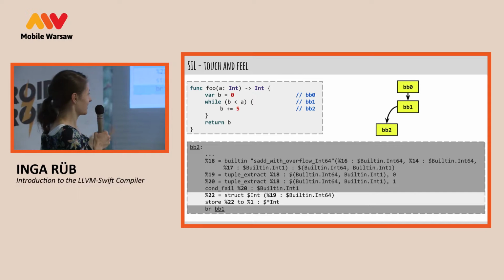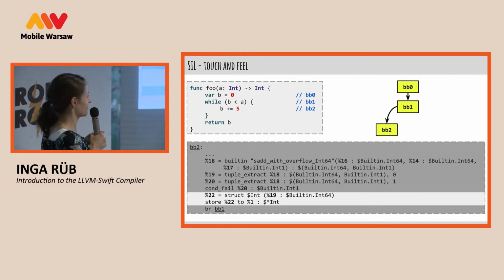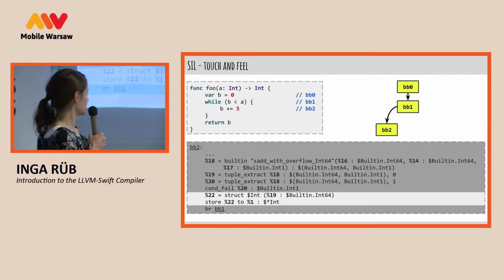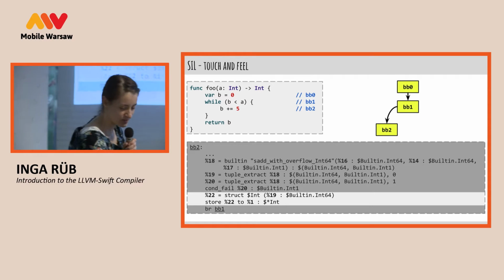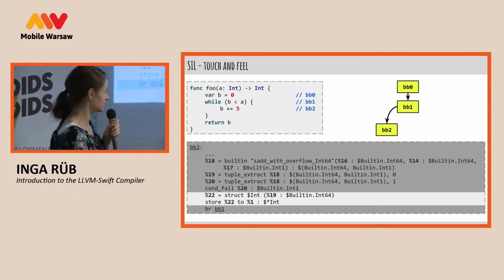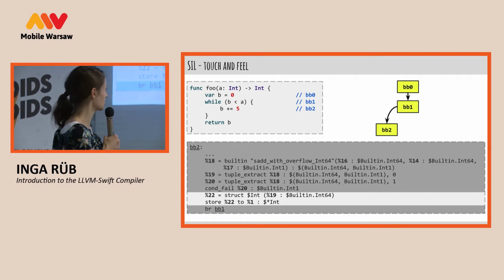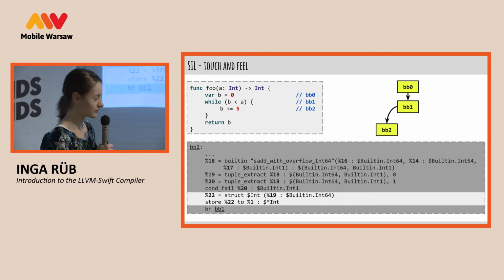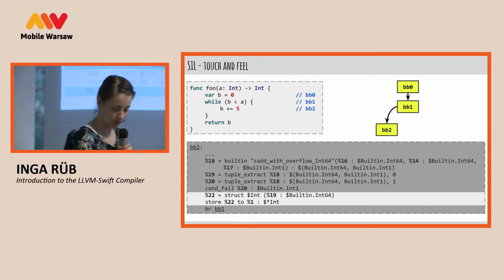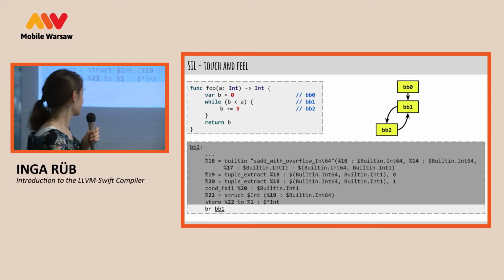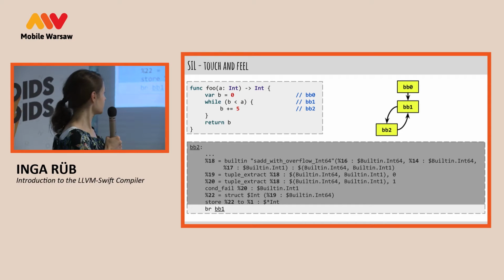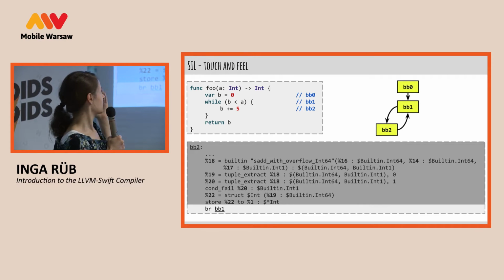I just realized I haven't mentioned where our 5 is, and it was number 14, so I apologize for this. In this operation, when we added 2 numbers, number 16 was B and number 14 was 5, but I haven't put it on the slide because it produced a very large block of code, and I didn't want us to be bored to death. Yes, and after we increase the value of B by 5, we can go back and